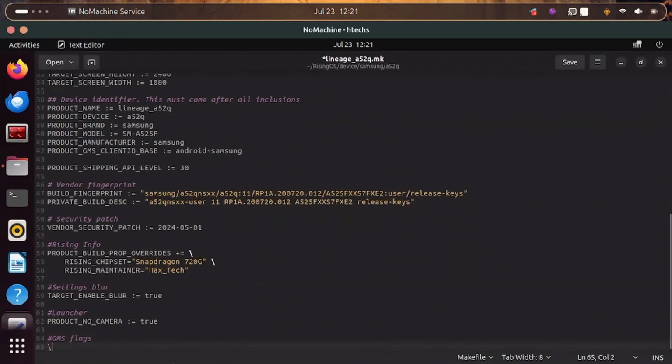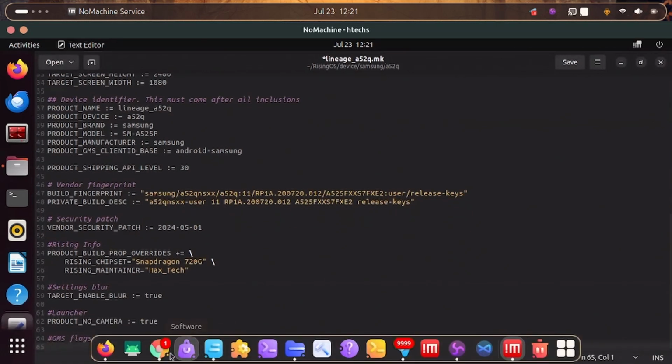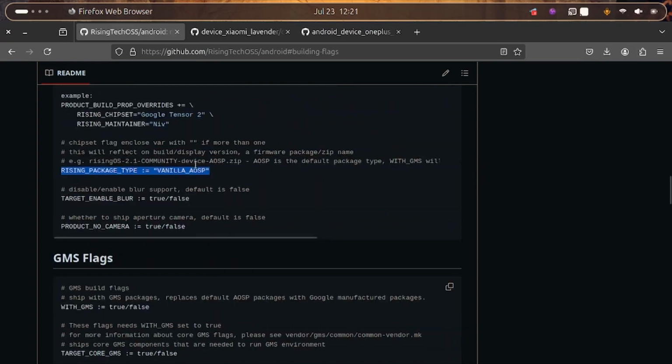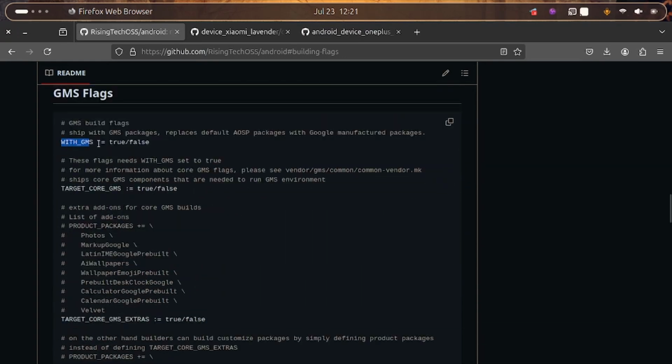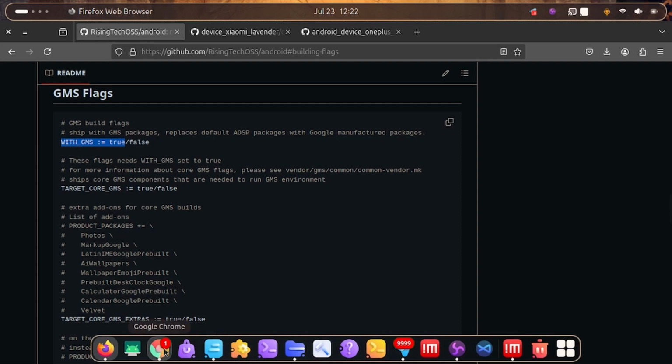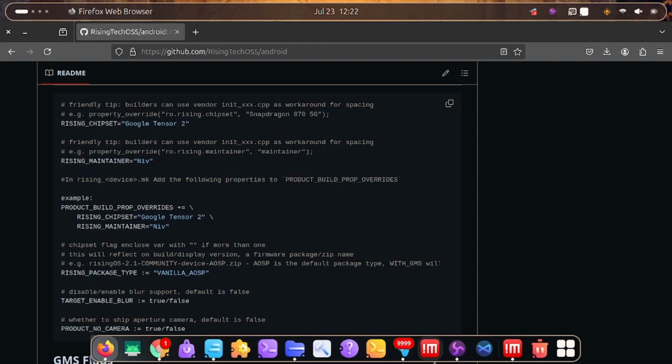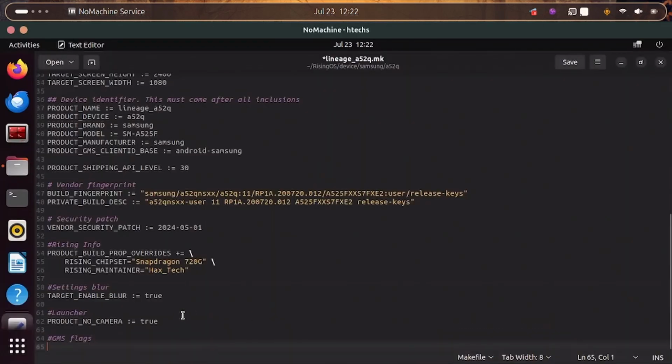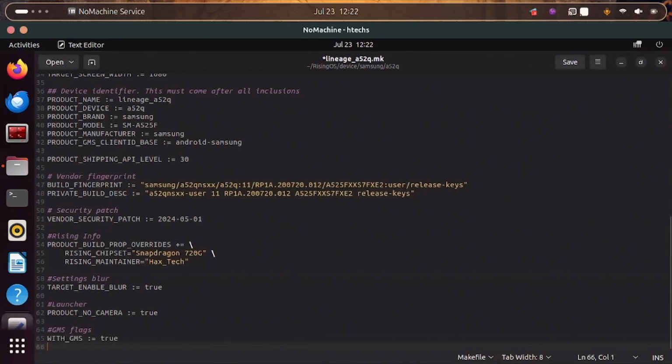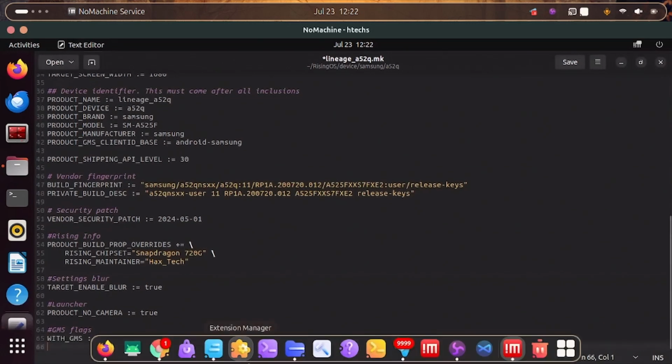Identifier here. This is just a comment, okay? So you don't need to worry about it. I said it many times already. So I want the GMS flags. The GMS flags actually, I want Google Apps. So let me just copy this and let me paste it in here. You get it? So with just this one, it is going to give you all the Google